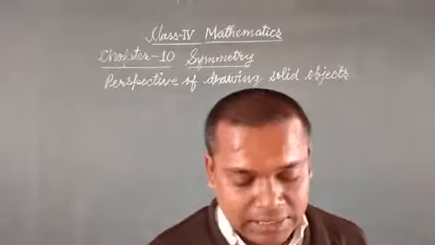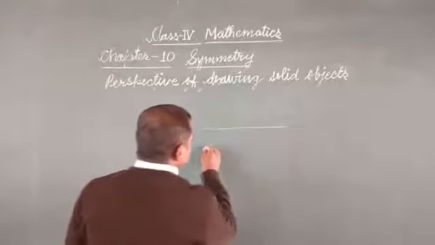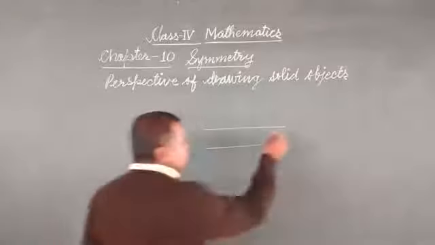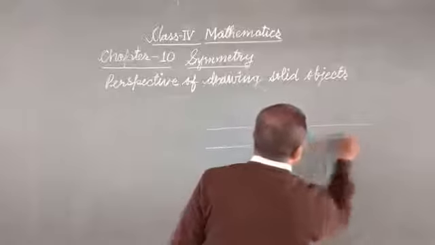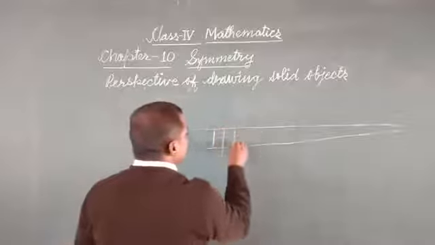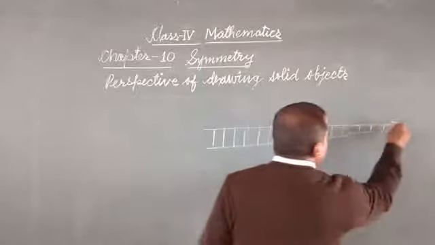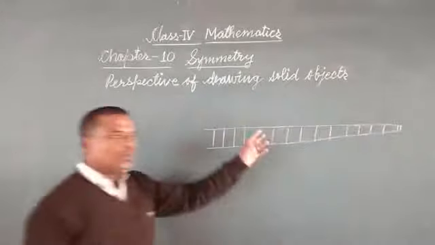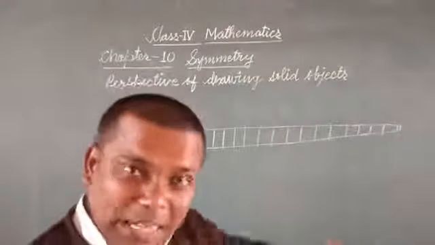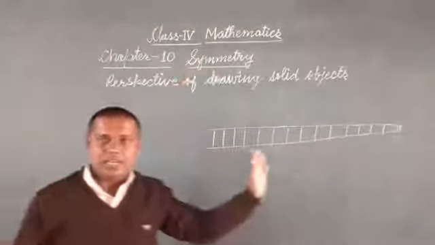You can understand it. Suppose we have the railway tracks, this one and this one, and we are going to look from this side. So it seems that these lines are going to vanish at a point like this. So here are the railway tracks. But actually it doesn't happen that two railway lines meet each other. It only seems so when we look at a far distance along the railway line.